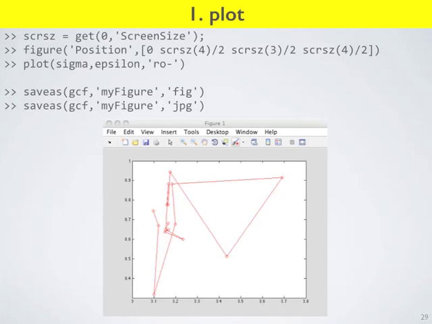Maybe that's the simplest thing you could conceive of doing, is to plot the data. And the way you plot the data is to make a figure. A nice way to make a figure is to get the size of the screen you're currently operating on. So screen size equals get 0 screen size, and that just imports into MATLAB what size of screen you're working with, because it will change depending on the system. Then you can make an empty figure that's going to hold your data. So figure, position, and these are just some nice values for the position that make a figure that fills your screen. That's a nice way to make a big figure.